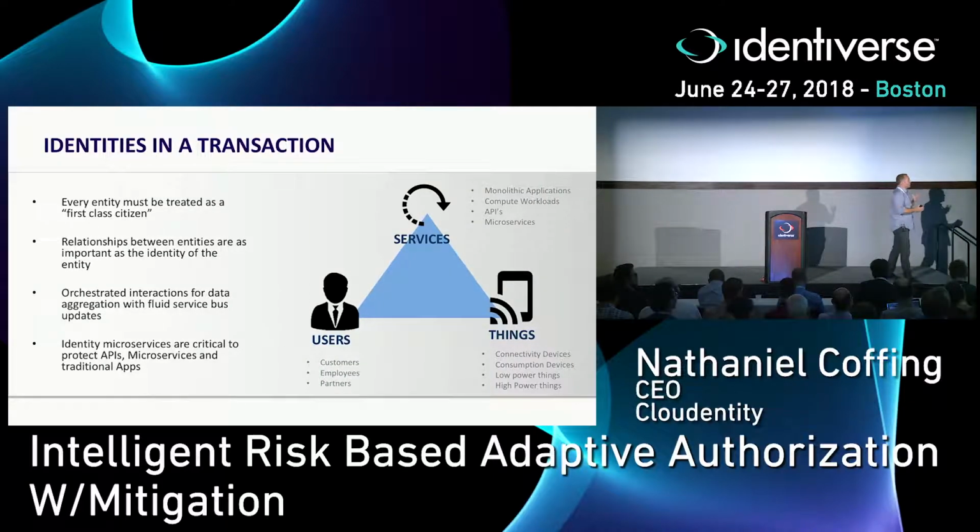So let's start with the identities in a transaction, right? And I purposely put services right at the top of this instead of the user, because I think we, as the Identirati, as we like to name ourselves, need to reconsider how we think about identity. It's not user-specific anymore. The user side is, I don't want to say it's solved, but it's pretty well understood, and there's a lot of solutions to meet user needs. If we think about the services side, in this case we're talking about microservices, your existing monolithic apps or legacy apps, APIs, etc. Those are actually what are making the data queries on a user's behalf.